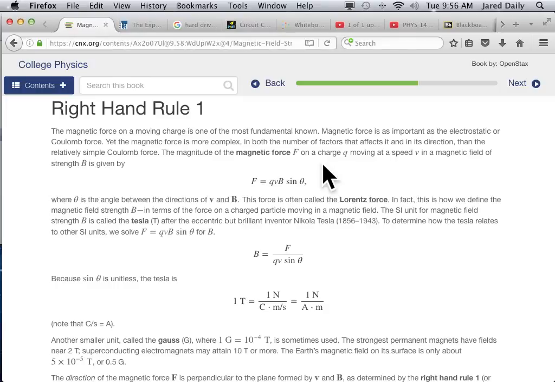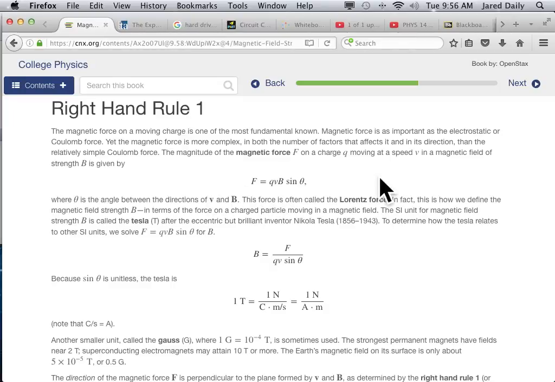The sine of the angle. When is the sine of the angle equal to 1? Pi over 2, which is 90 degrees, right? So when the velocity and the magnetic field are 90 degrees to each other, the force is the strongest, it